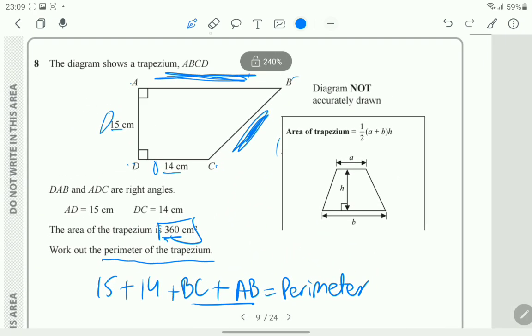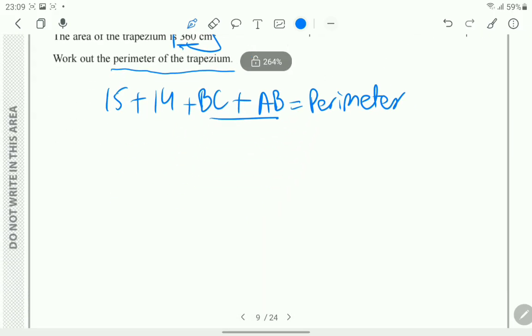Now height in this case would be 15 centimeters. These are the parallel sides as they move in the same direction, if you could visualize, and this is our height. So putting this into the formula, we get 14 plus AB